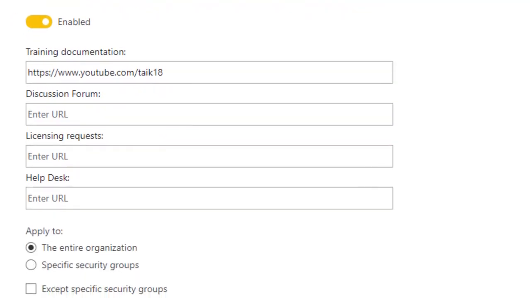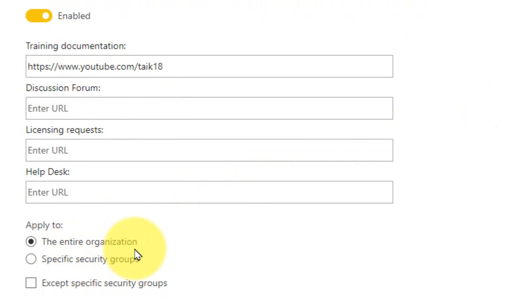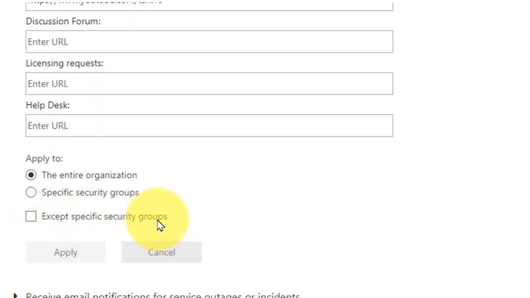And here we have an option to apply to the entire organization or to a specific group. If this is linked with the Office 365 group, you can create multiple groups over there, and we can also specify groups here. You can also exclude specific groups; that option is available here too.